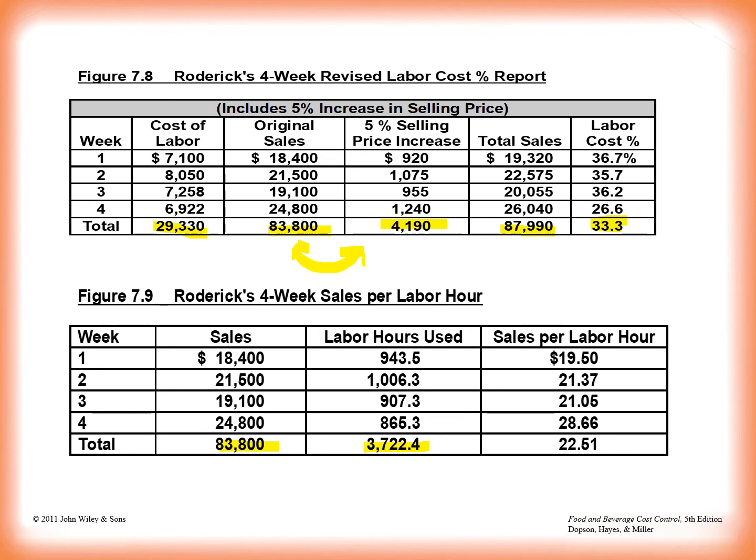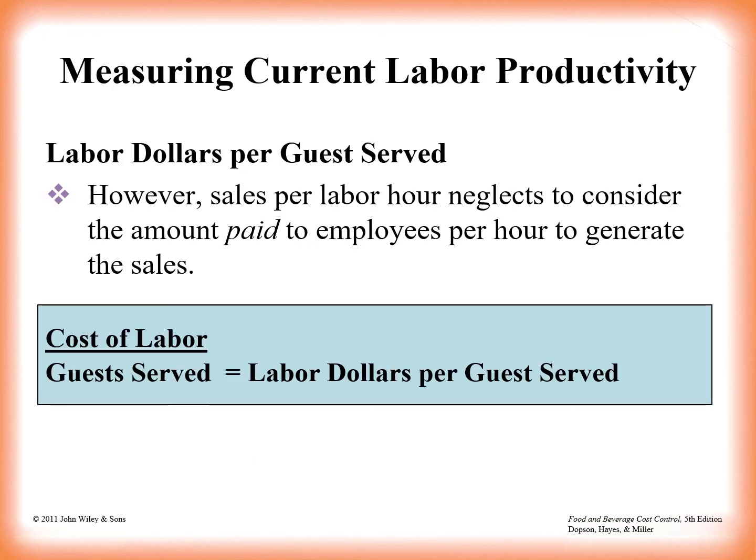And so that means for every hour of labor that I pay for, I generate about $22.51 in sales. So again, that gives me some understanding as a manager about, if I schedule this many people this much time, it's going to equate to about this much revenue. So that's a pretty good indicator,